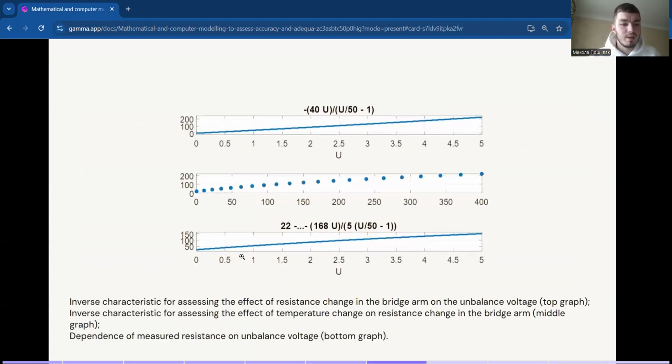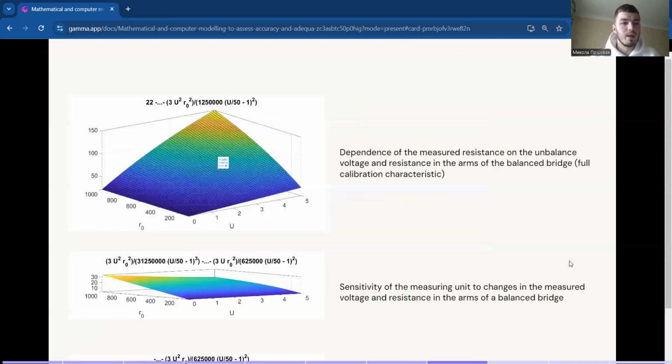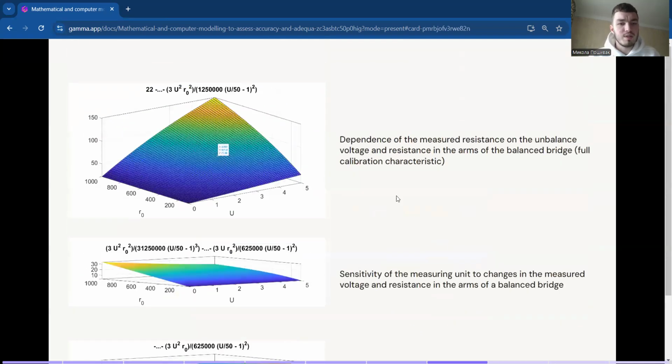And we can see an inverse characteristic for assessing the effect of resistance change in the bridge arm on the unbalanced voltage. It's the top graph. An inverse characteristic for assessing the effect of temperature change on resistance change in the bridge arm. It's the middle graph, and dependence of measured resistance on unbalanced voltage. It's the bottom graph. On this page, we can see